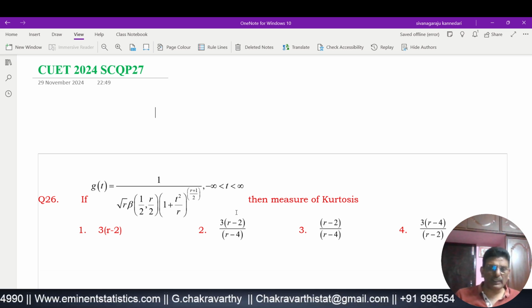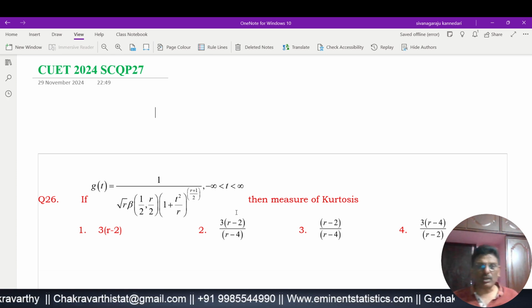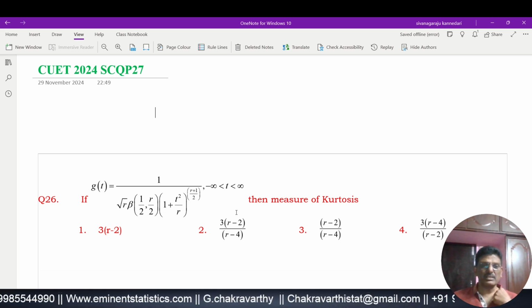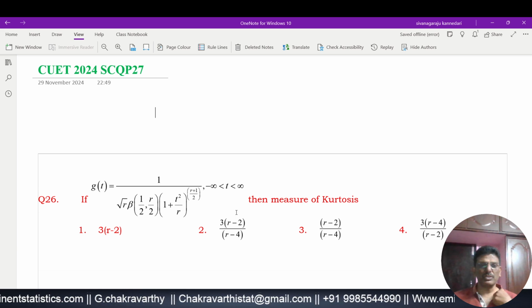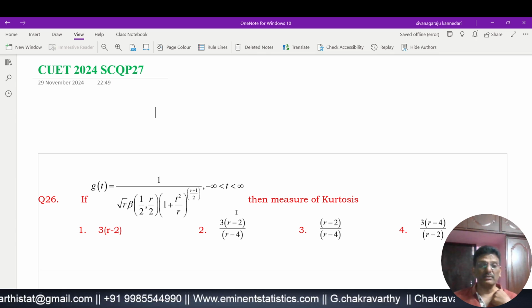Out of these 40, 30 questions are completely based on the concept and properties applications. If you know the concepts of the syllabus, the properties and applications of the distributions, and statistical inference techniques, we can easily solve 30 questions out of 40. Remaining 10 questions,